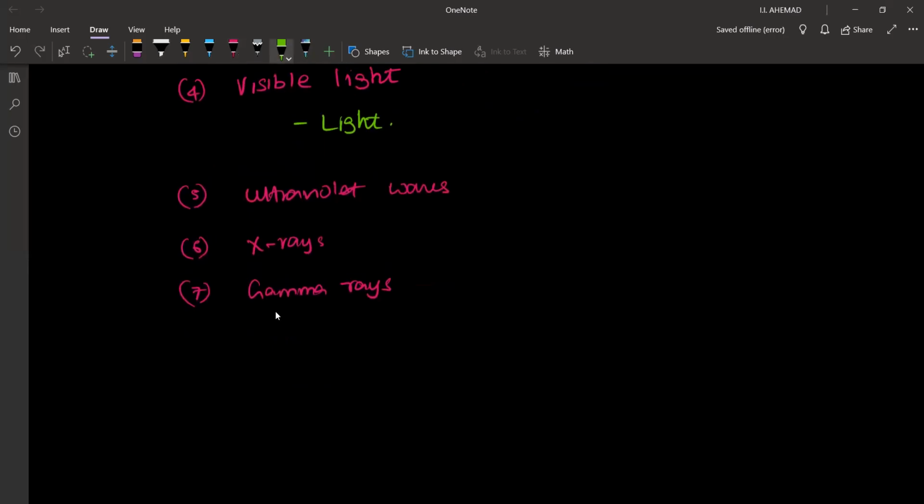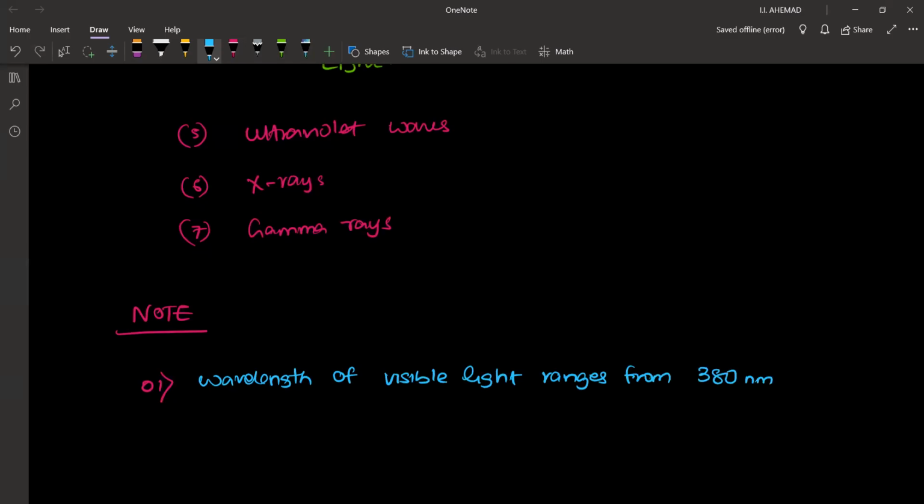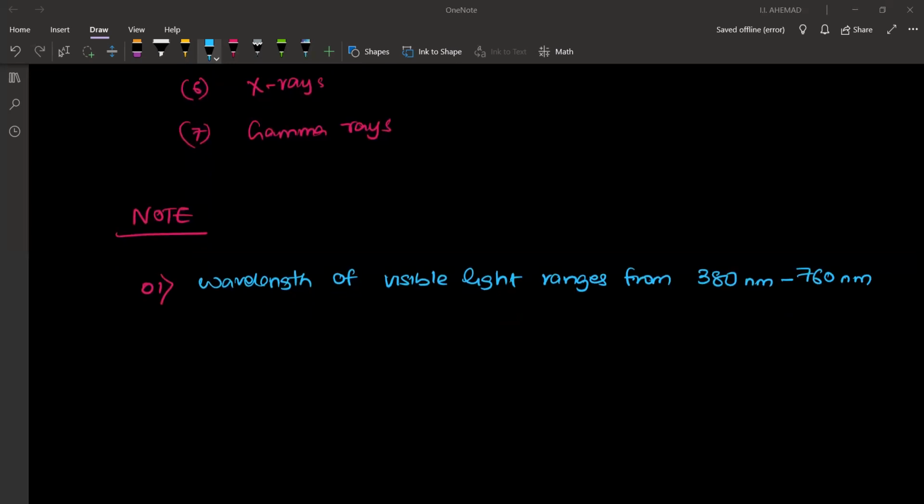Let's write a note. Note number 1. Wavelength of visible light ranges from 380 nanometers to 760 nanometers. Next point, X-rays and gamma rays